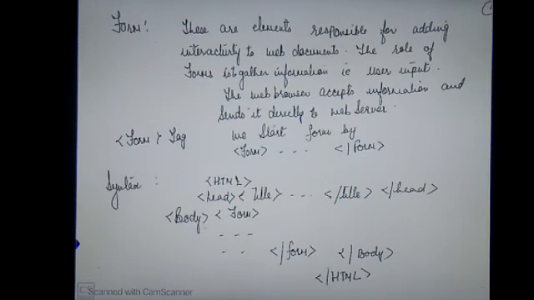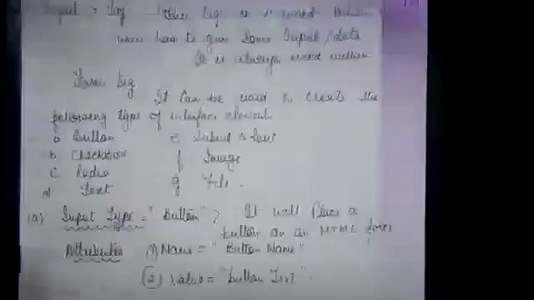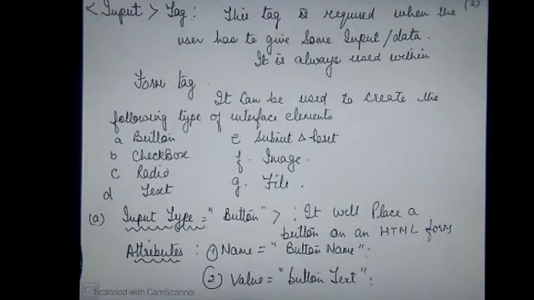Now whenever we talk about form, we start with the opening tag of form, then it is ended by the backslash of form. Now you can see the syntax is written: HTML, head, then the title, close head, then body, form, and whatever we are going to learn about this form, then end of form, close of body, and close of HTML. Now the next tag we are going to learn about is the input tag.